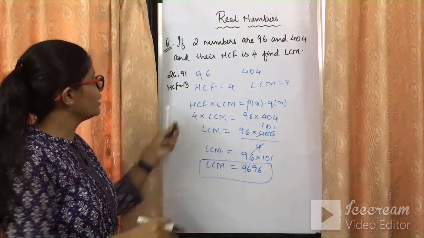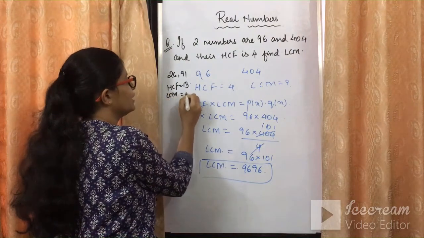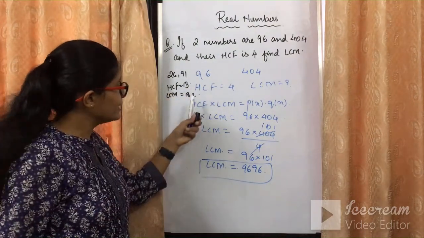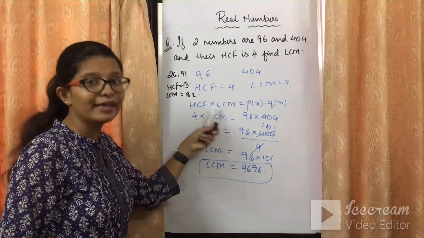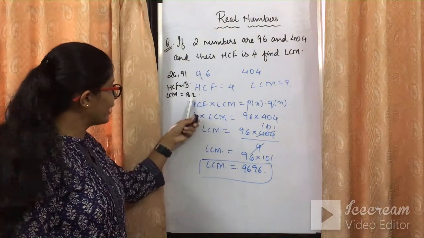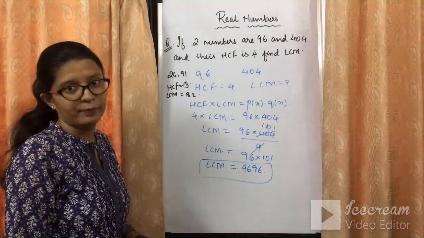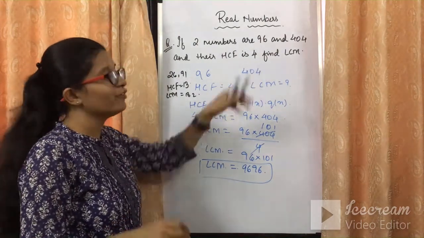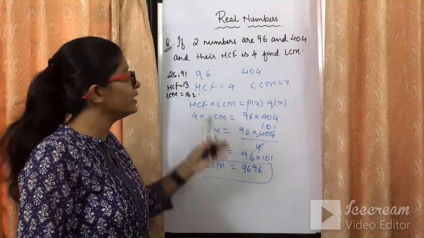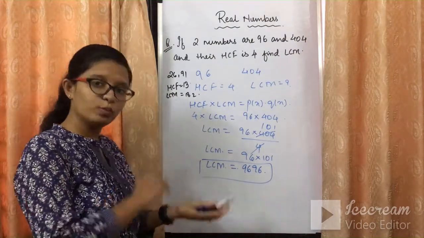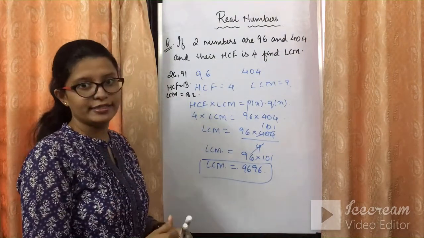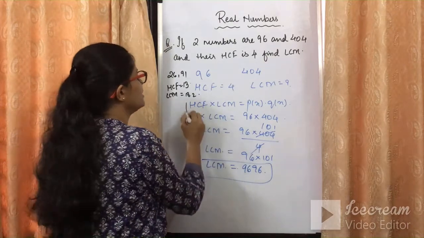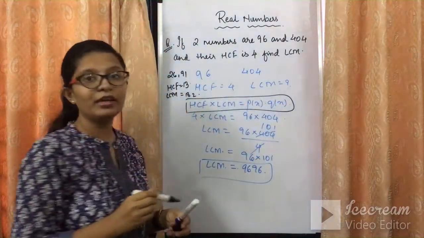इन केस आपने जो एलसीएम निकाला था, आपका एलसीएम आ रहा था 182, सो आपने जो एलसीएम निकाला है यू कैन क्रॉस चेक बाय दिस मेथड ऑल्सो कि जो आपने कैलकुलेशन करा है वो सही है या नहीं है. सो दिस इज वन ऑफ द मेथड बाय यू कैन क्रॉस चेक. और अगर यदि आपको एचसीएफ या एलसीएम में से कुछ भी प्रोवाइडेड है क्वेश्चन में, तो आप एचसीएफ या एलसीएम को जो कुछ नहीं दिया है वो निकाल सकते हो. सो दिस इज हाउ वी यूज दिस रिलेशन फॉर एचसीएफ एंड एलसीएम.